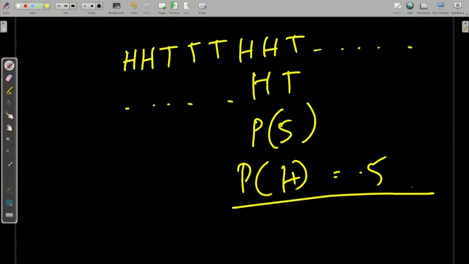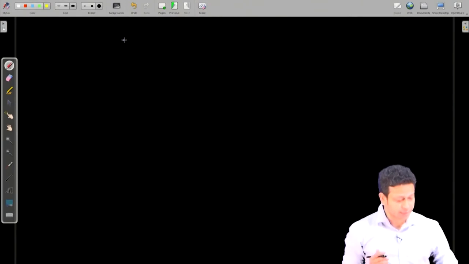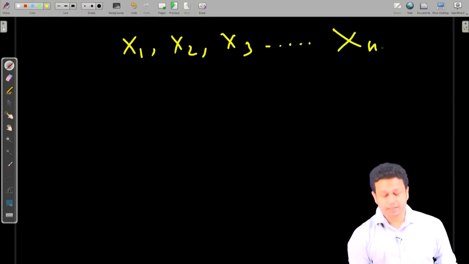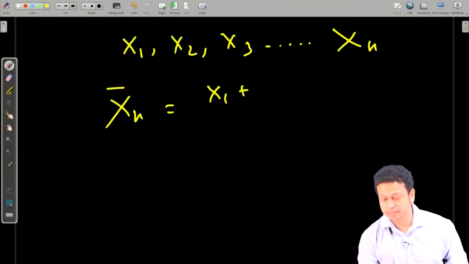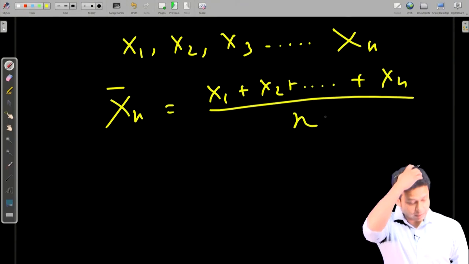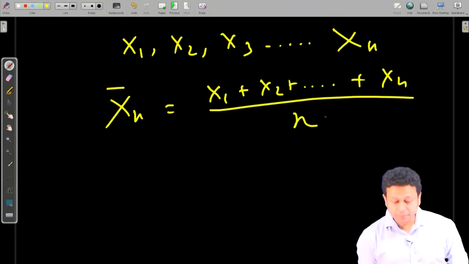Now, how do I mathematically prove it? Okay. We want to see some mathematical proof of why it is happening, and we can actually do it. Similar to the previous one, let us say I have all my samples x1, x2, x3 dot dot xn, and I want to get a mean of xn, which is basically x1 plus x2 up to xn, divided by n. So, that is going to be my sample mean,